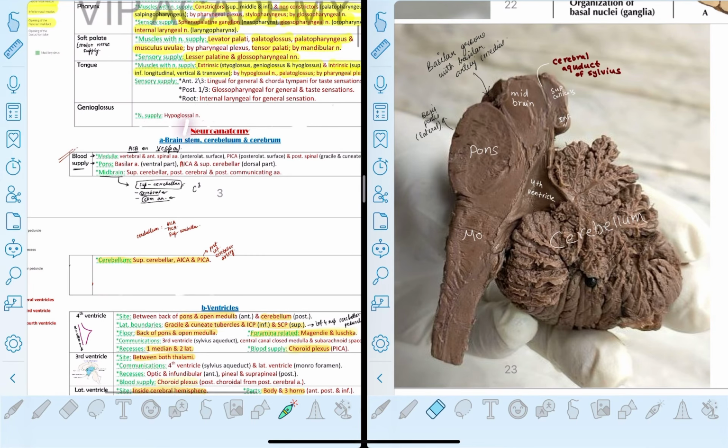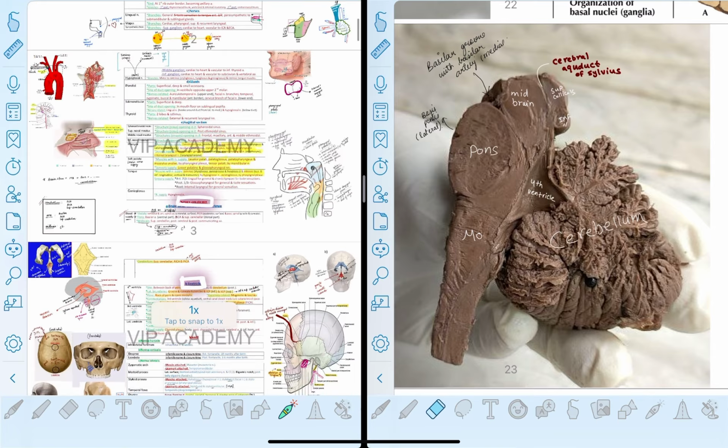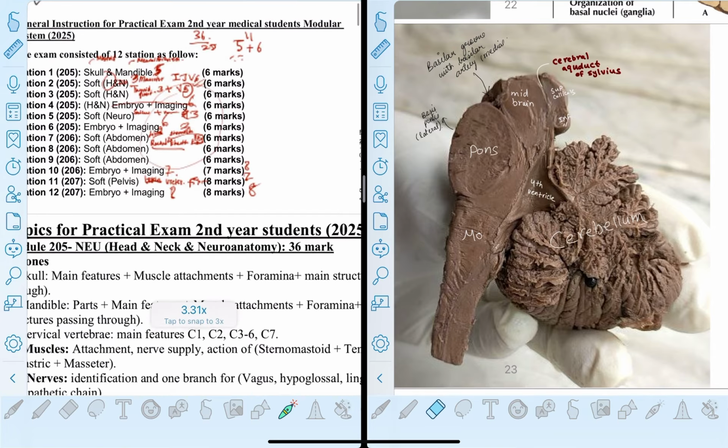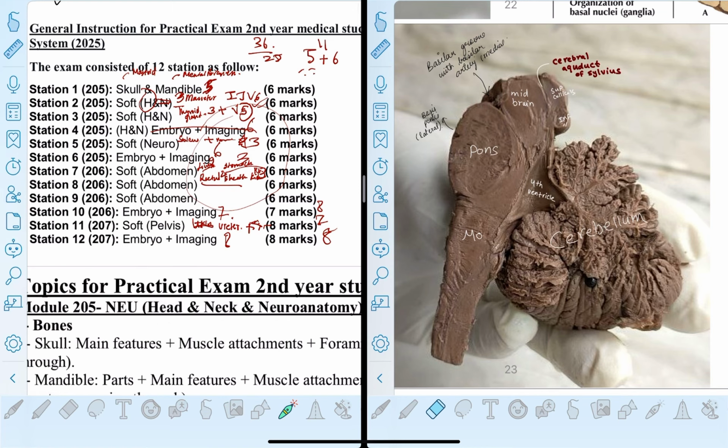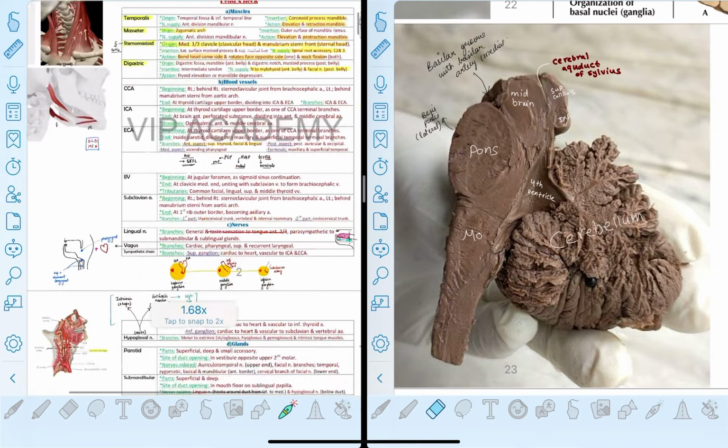In this one we'll study neuroanatomy and ventricles. This station is probably going to be here in soft neuroanatomy, station 5. We did this, and now we are at this one. Okay, now